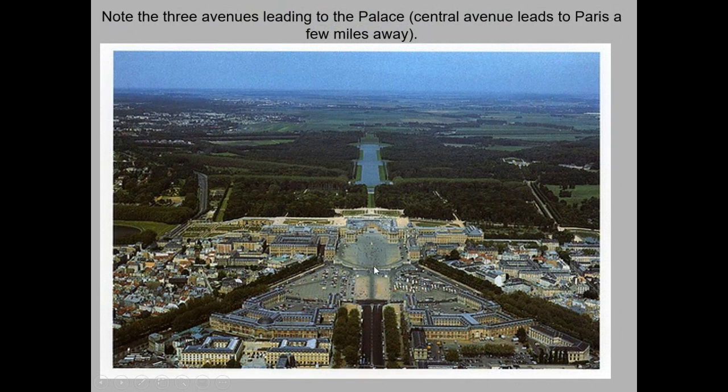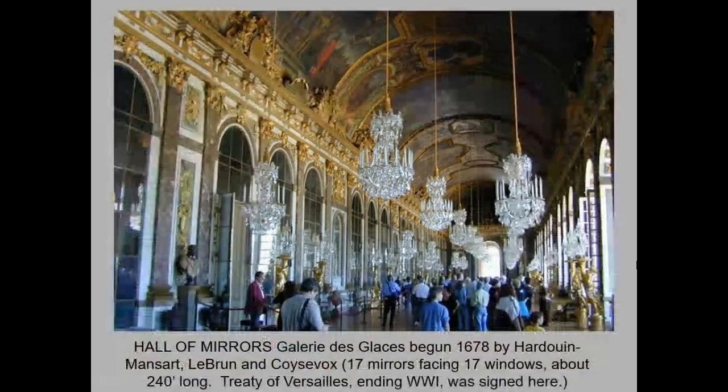You can also see the 3 roads that lead you directly to the palace. Well, the genius of Versailles is that the king moved his seat of power out of Paris, the capital of France, a few miles away to Versailles, where he forced court to move with him. So therefore the king had total control over everyone who was influential in the court. They all essentially had to live in his world, in his palace, and the entire day revolved around the wishes